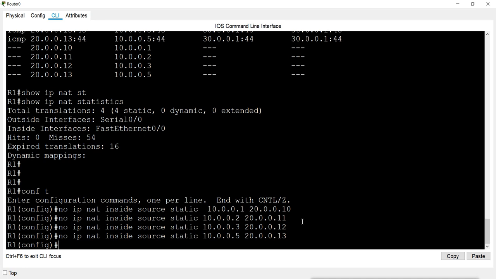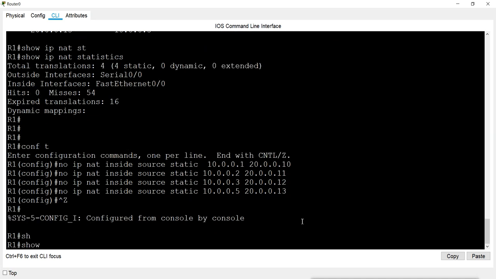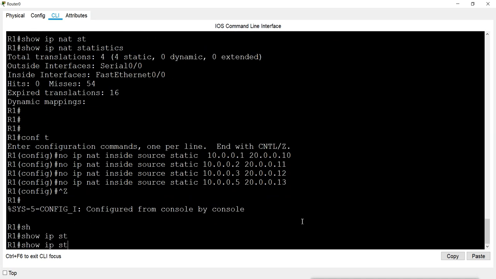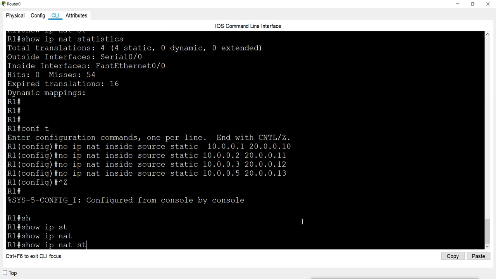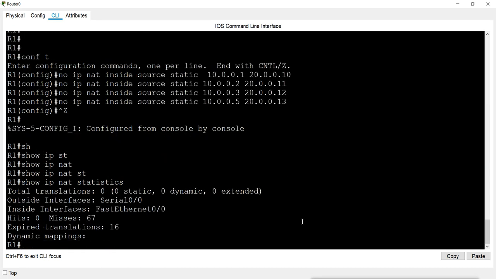This way we can remove those mappings. Now we can see that there is no mapping, but still some packets are missing because of RIP. RIP is trying to send the packets and it is not translating, because now we do not have any map.